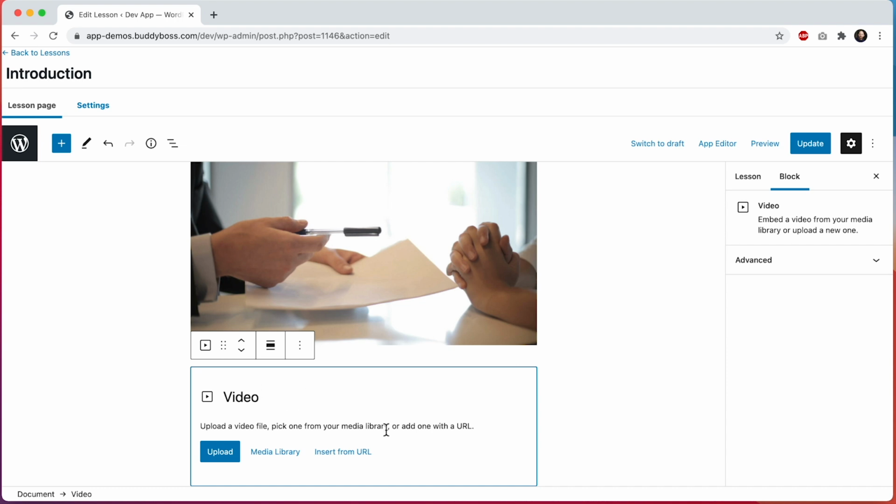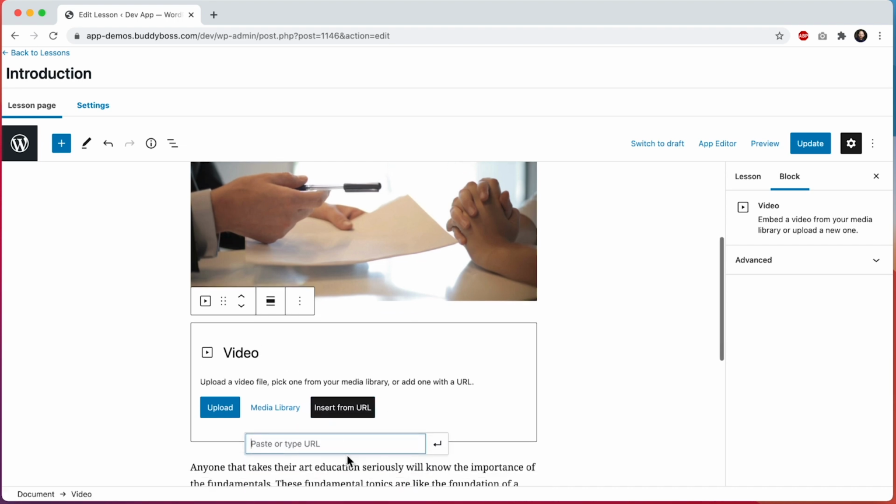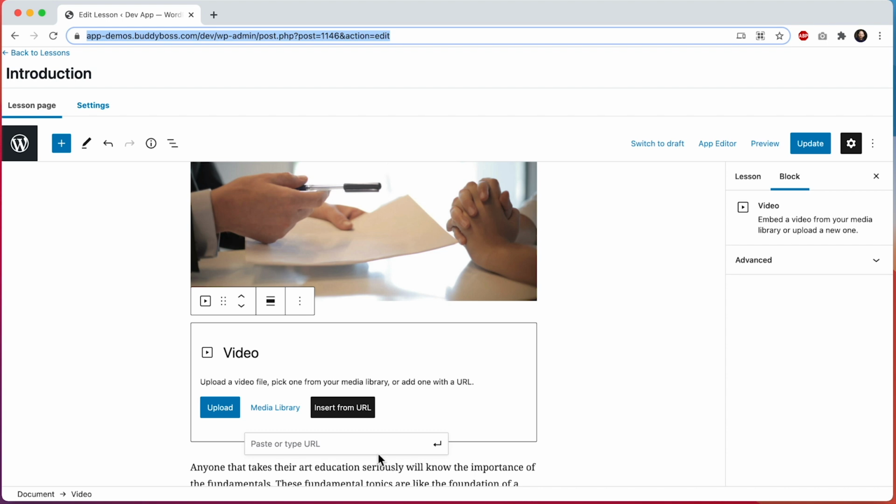If you click to insert a video from a URL, just make sure the video URL that you are adding is accessible to your site, meaning it doesn't have some kind of firewall that blocks it from being downloaded. This will allow the app to download the file. As an example, you could use this option to add a video that you have stored in an Amazon S3 bucket. You'll want to make sure that other videos referenced in LearnDash outside of Gutenberg blocks are also using direct